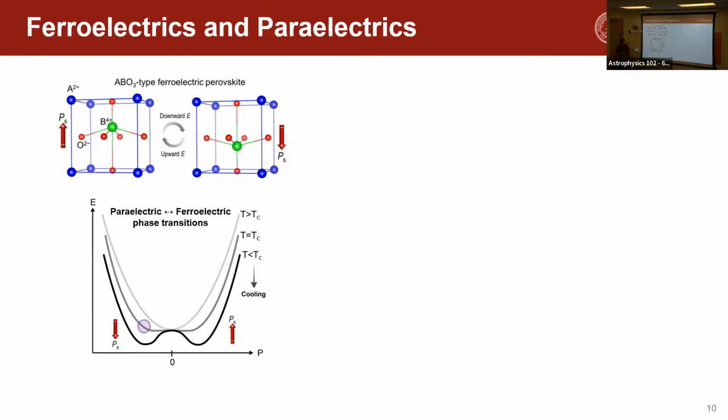As you're approaching this phase transition, this potential becomes very flat, which means it's very easy to change the crystal polarization in the system without paying much of an energy cost. So that means it's very susceptible, right, to changing this electric polarization. And then, of course, when you are below the transition temperature, the system has two favorable non-zero electrical polarizations, and about or around those non-zero polarizations, you have again a quadratic potential.